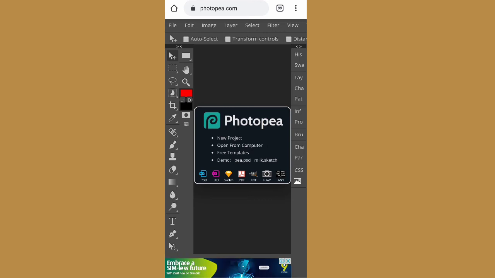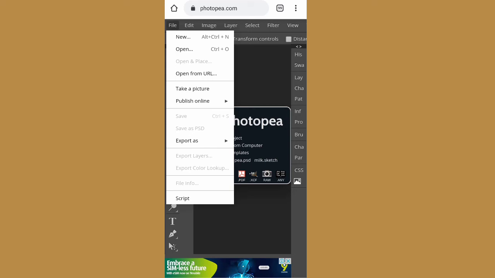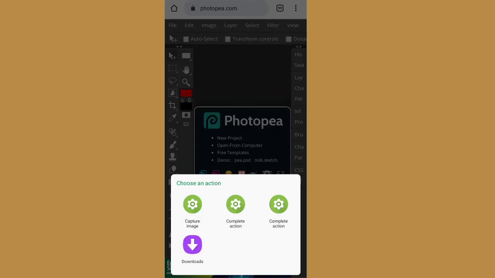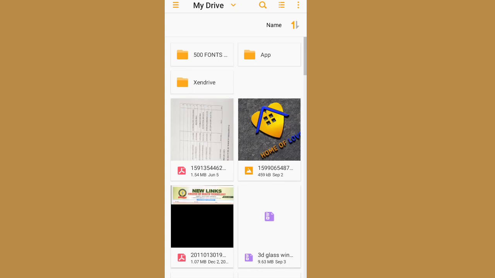The next thing you will do is come to File at the left hand side. When I click here, you see the options. The next thing you will do is click on Open. It will pop up these particular options. Click on Download. Good. When you click on Download, the next thing I want to do is to select my mockup file. You must have downloaded the mockup file before you start working with Photopea, because it has to do with the PSD file.